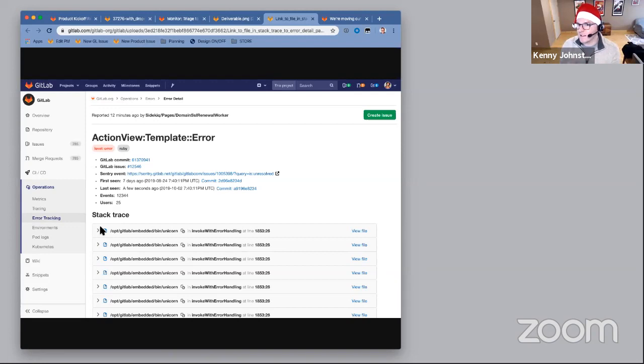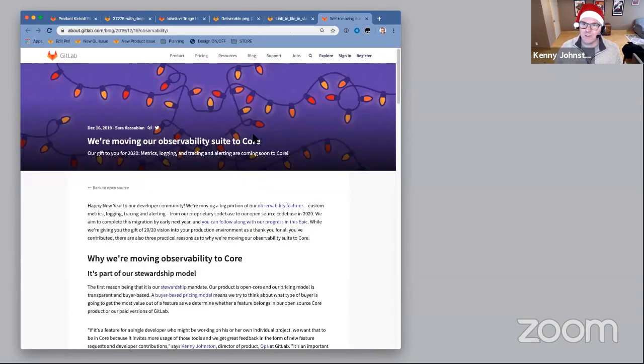The last thing I want to highlight is not a feature, but I just want to call out, and I'm wearing my Santa hat, so I think it's appropriate, that yesterday we announced that we are going to be moving what we call our 3 pillars of observability, so metrics, logging, and tracing, to our core product. These have been in our paid tiers, but part of GitLab's annual process is to provide a gift to our community by open sourcing some key components.